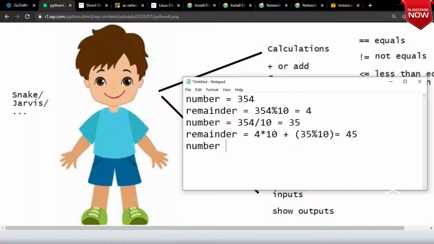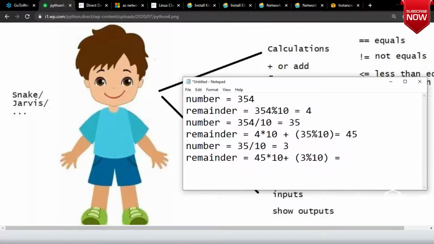Now the number should become 35 divided by 10, so that will become 3. Now the remainder will be 45 into 10 plus 3 percentage 10.